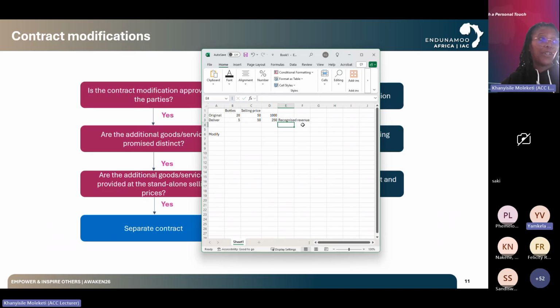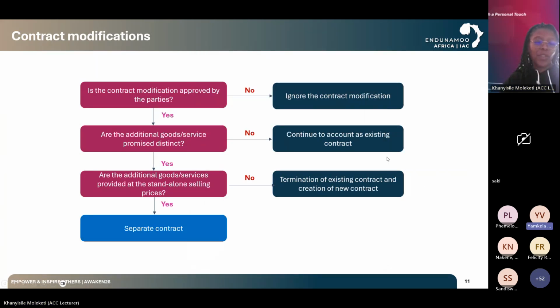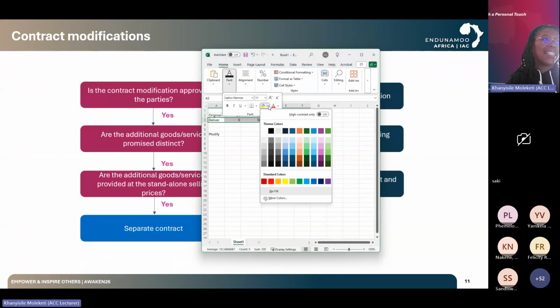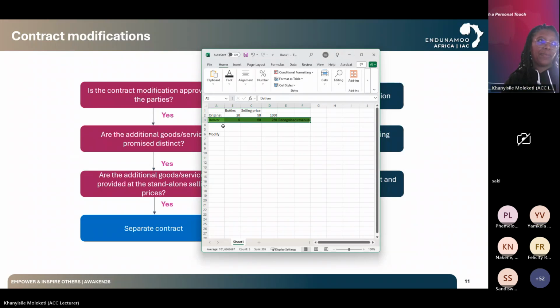So in this last scenario, we are terminating the existing contract, which means this contract no longer exists. We don't care about this anymore. We are fine with this recognized revenue. This revenue stays, okay? The amount recognized here stays as is, okay? But they're still outstanding, right? Because we're terminating the old contract,